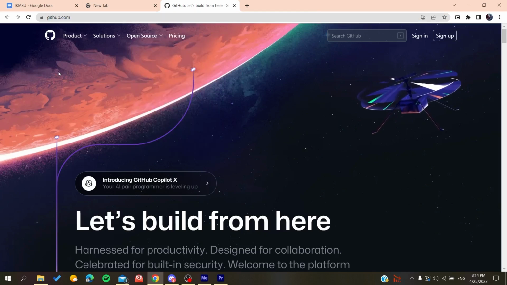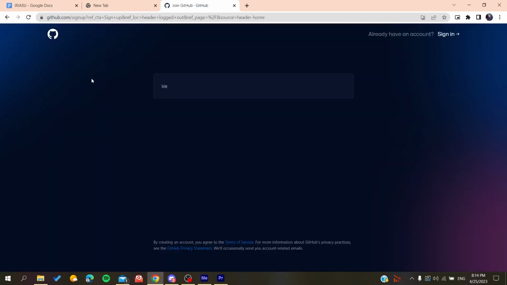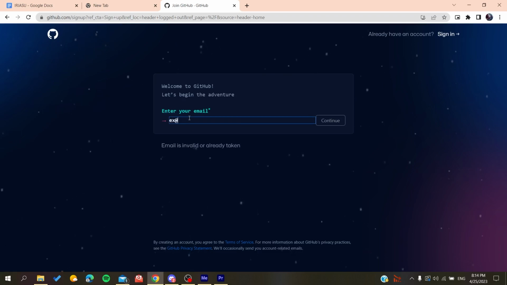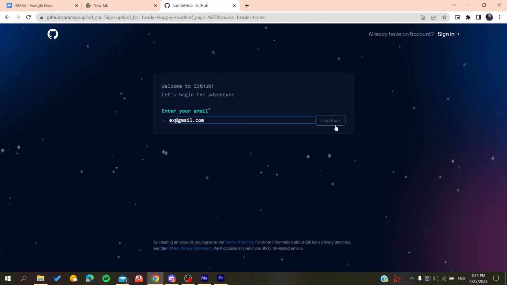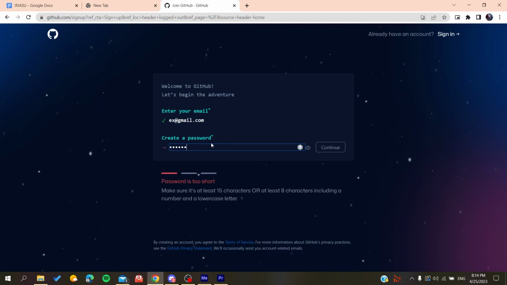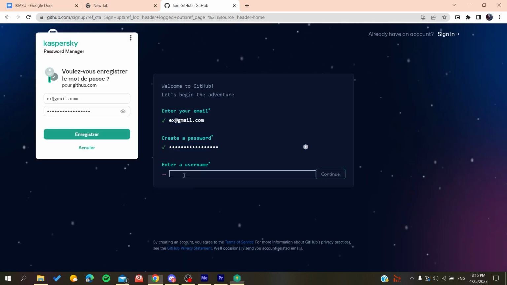And now we will need to create an account so we can use the GitHub services. So basically all we need to do is click on sign up and then it will redirect us to the sign up page. And now you need to add your email, then gmail.com or any other email that you are using. You click on continue, you create a password. So if it was anything like that, you click on continue and then you will add a username, for example